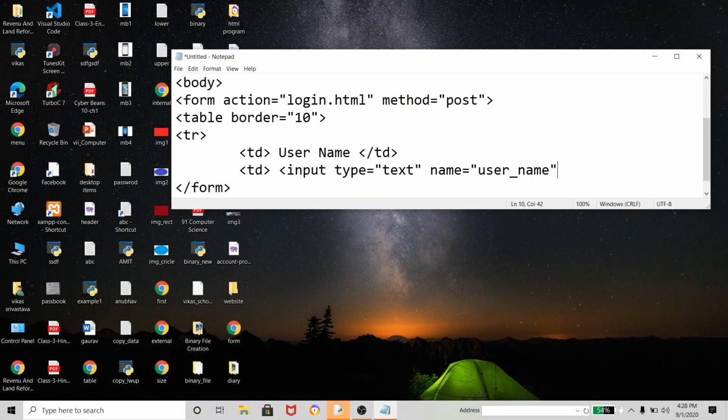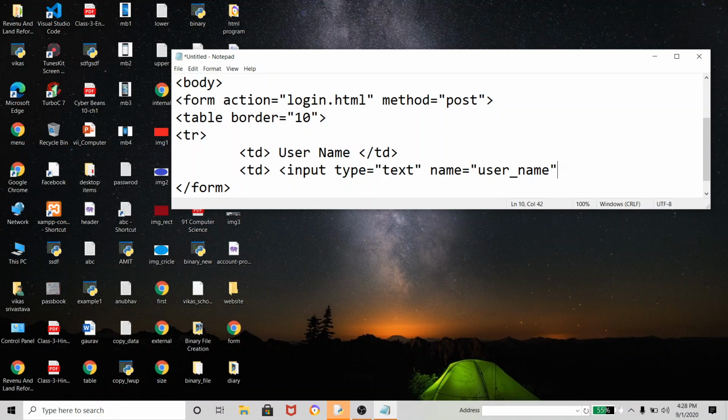Suppose we are taking username, so here name is equal to username. When I access the server side, I can easily access the username and get its value. That's why the name attribute must be defined inside the input element, by which the server may identify the user's value, and all the names you use in the input tag must be unique. No names are repeated.